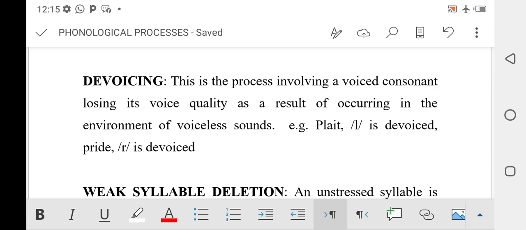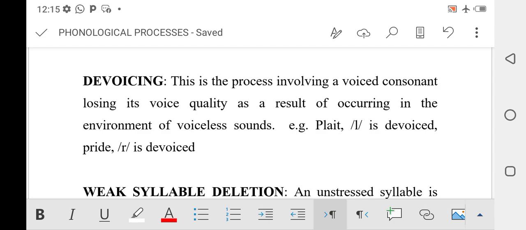Okay, so you know what we said before when we were converting bag to bags, in regressive assimilation. But in devoicing here, that regressive assimilation, you could find out that the sounds come towards the end of a word. But here in devoicing, the sound somehow comes at the beginning, at the initial position. Now we have